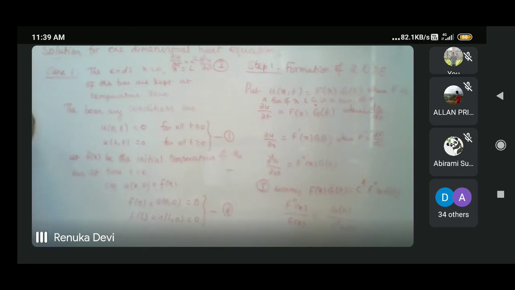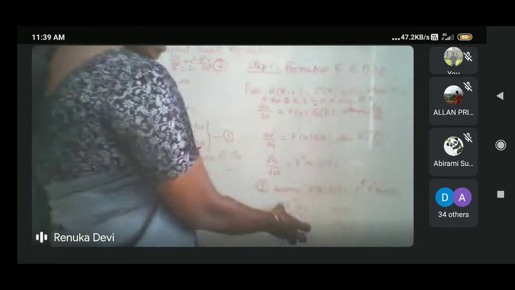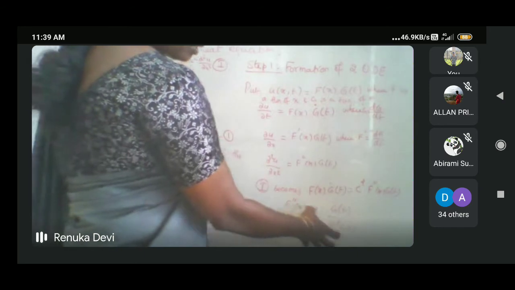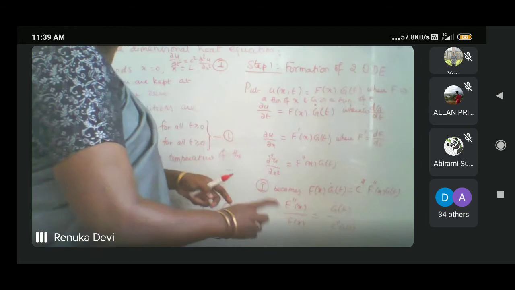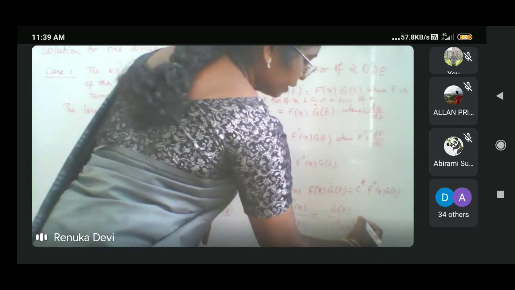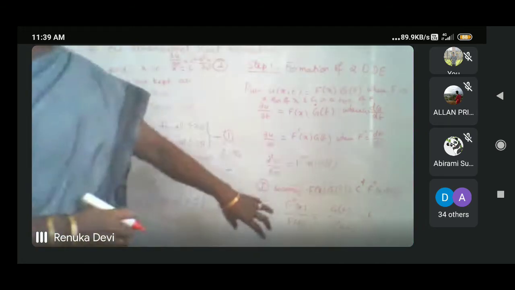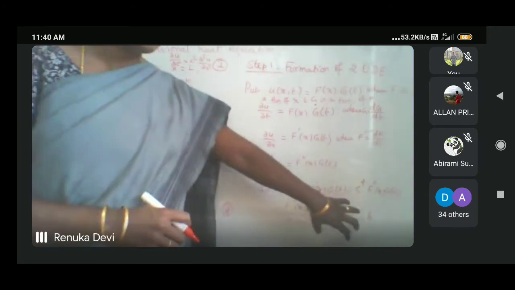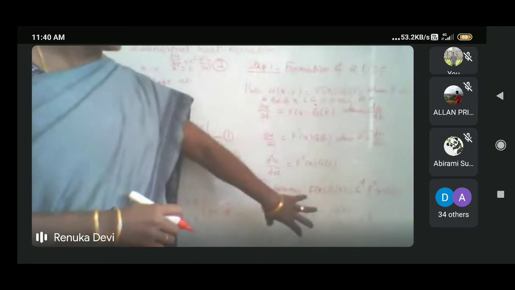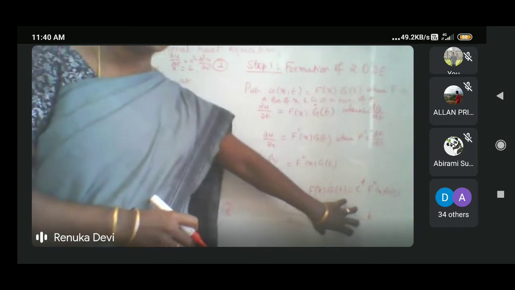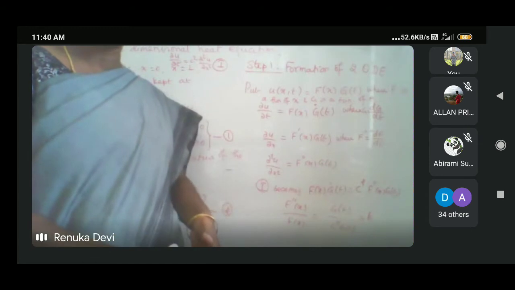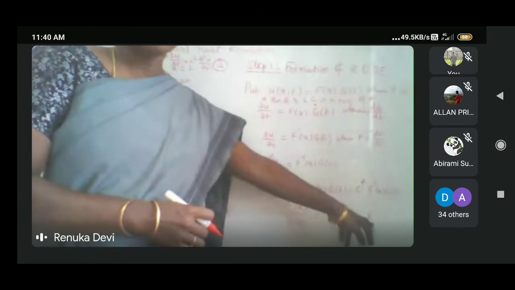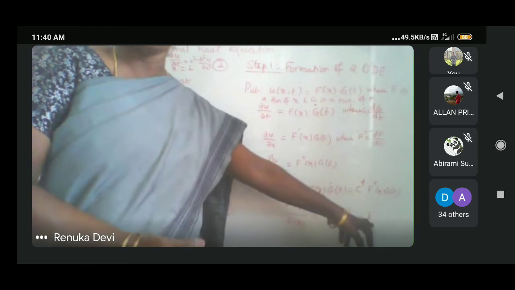Is it okay? Now you integrate. Now you just see, this is just a function of x alone. This is a function of t alone. So two different terms, they are equal. So it has some common ratio. I take it as k. Since the left hand side depends only on x and the right hand side depends only on t, these two are equal. Therefore, these two must be equal to some constant ratio. That constant value I can take as k.